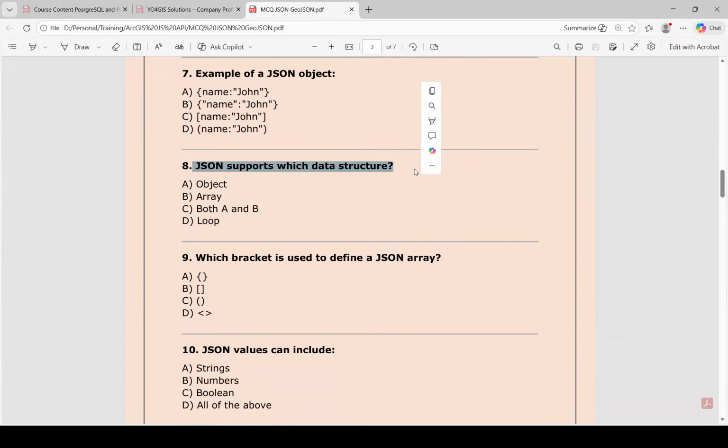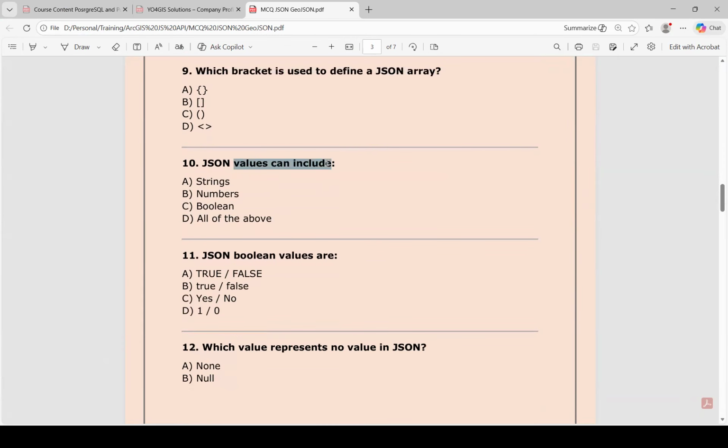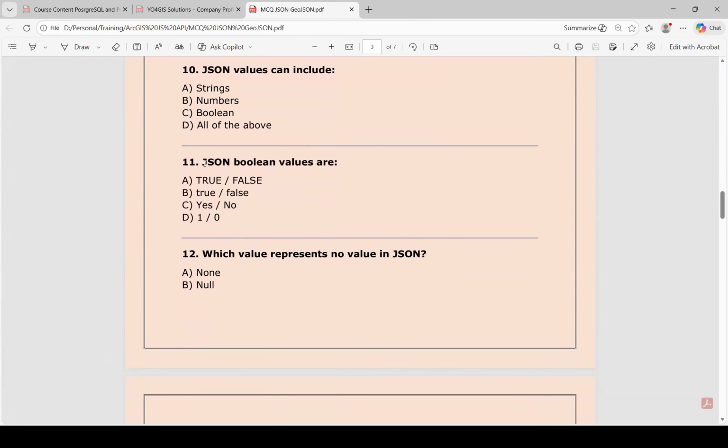JSON supports which data structure? Both, A and B. Which bracket is used to define the JSON array? B. JSON values can include? All of the above. JSON Boolean values are? True, false. True. Not that, it is true, false, but which one, A or B? B. If you looked carefully at the example I wrote, I had written true